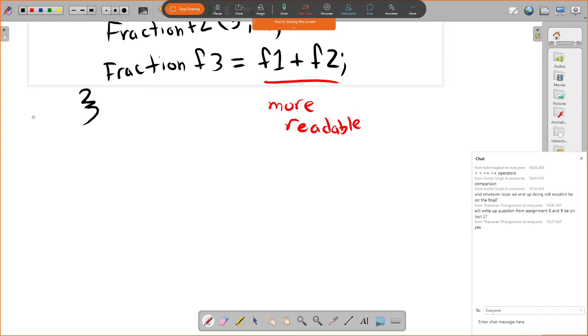I just created this last week. Big num, right? So that one was, if we had a big num,